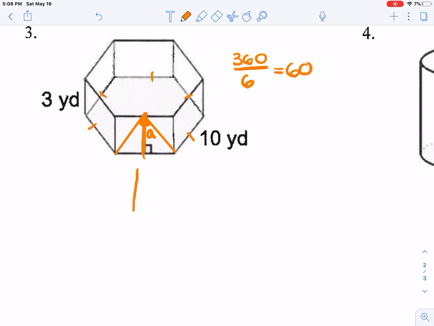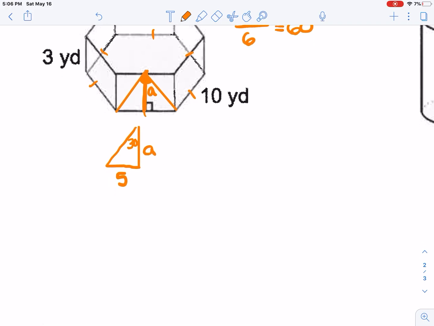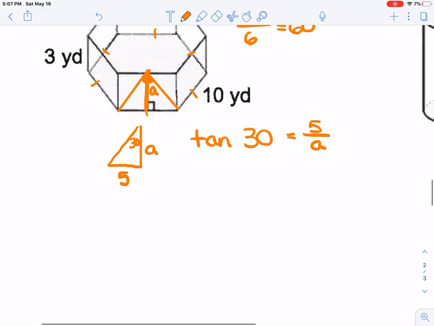But I want to focus on finding that apothem length, so I'm going to focus on just one of those right triangles, which would mean that this angle here is 30, since we know both of them together have to be that 60. So we know that this length down here is going to be 5 because half of 10 is 5, and we're looking for that A again. So here we have an opposite and we have an adjacent side to our angle. So out of our sine, cosine, and tangent, tangent is the one we're going to use because that deals with our opposite and adjacent. So tangent of 30 is going to be equal to 5 over our apothem length. So I'm going to go ahead and solve for that and tell you that our apothem, we're going to get about